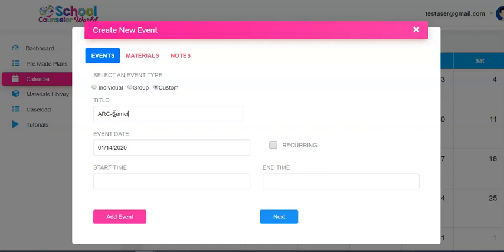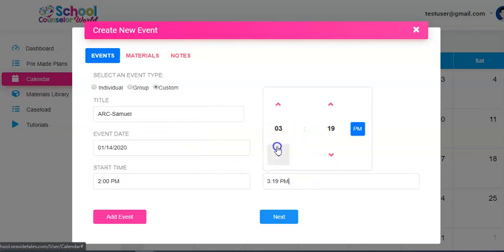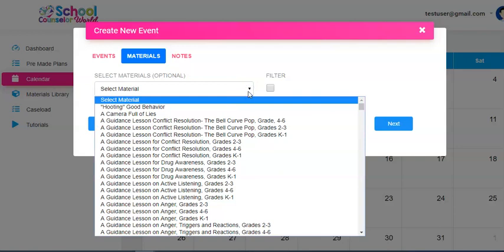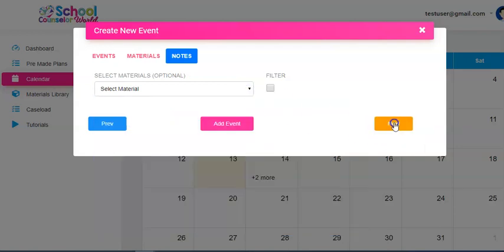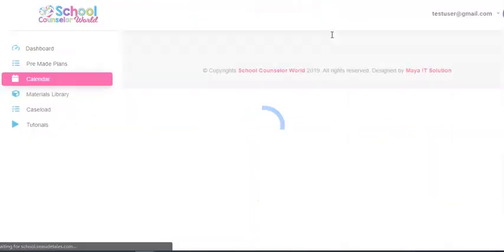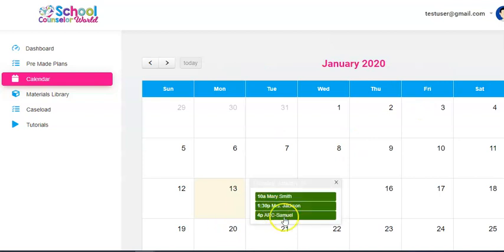So let's just say it's Samuel. So Samuel's ARC is at 2 o'clock. And I don't need to add any materials since this is an ARC. I'm going to click Next and add this event. So now I have 3 things on my calendar,